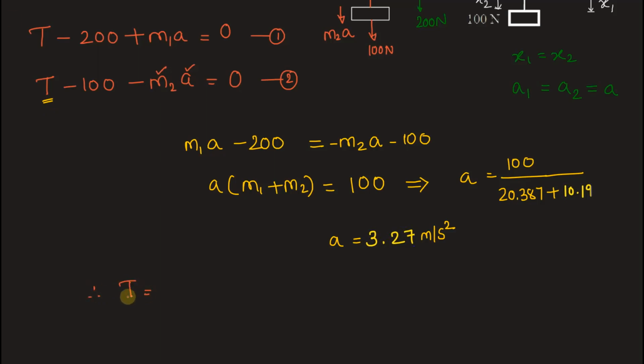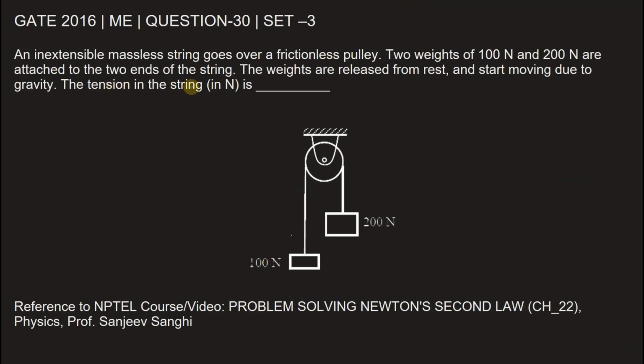Hence, T is equal to 100 plus M2A. So we have 100 plus 10.19 into 3.27. This comes out to be 133.32 Newton. All the forces that we summed up for the equilibrium equation were in Newton, and that is why the tension in the string is also in Newton. Let's fill in the answer. The tension in the string in Newton is